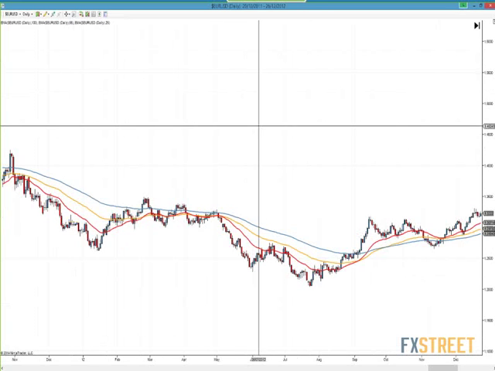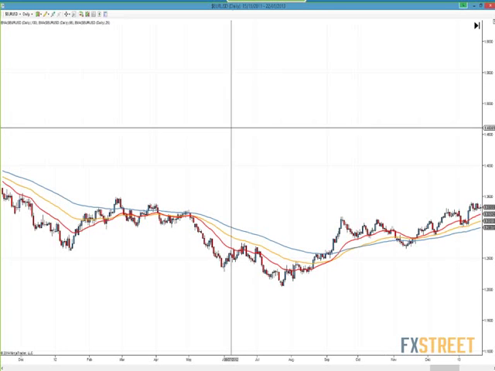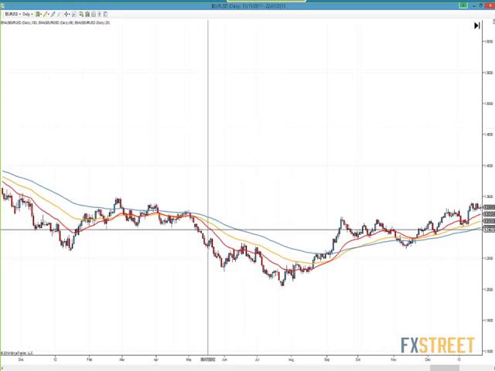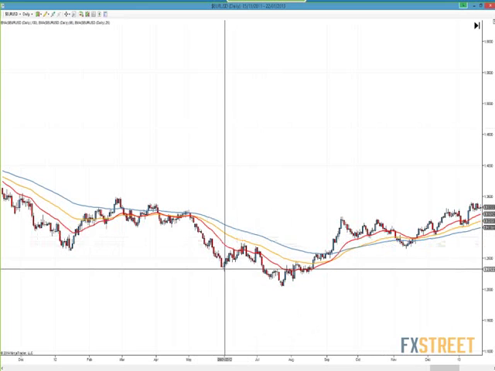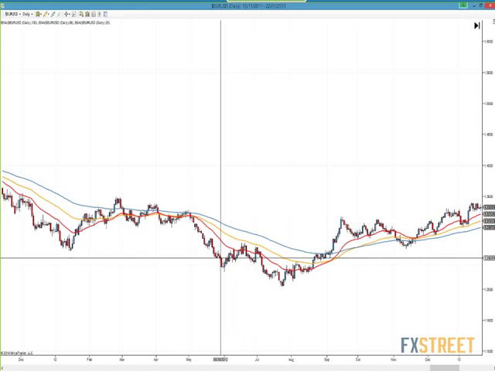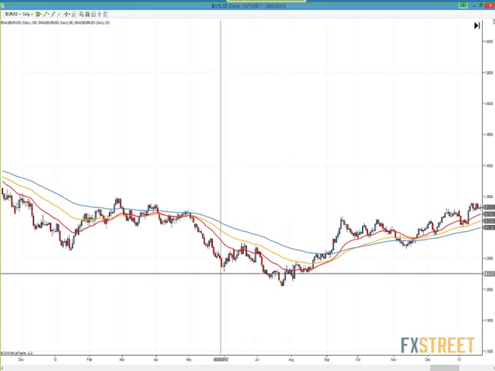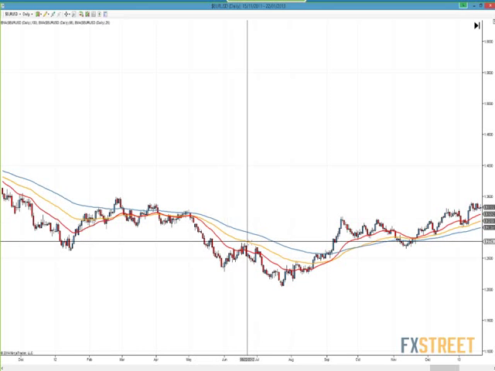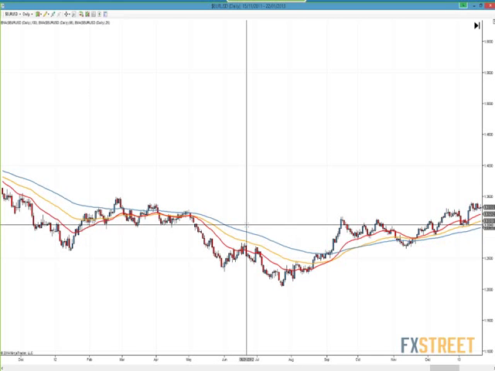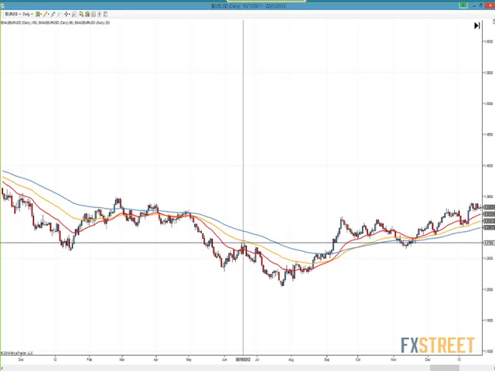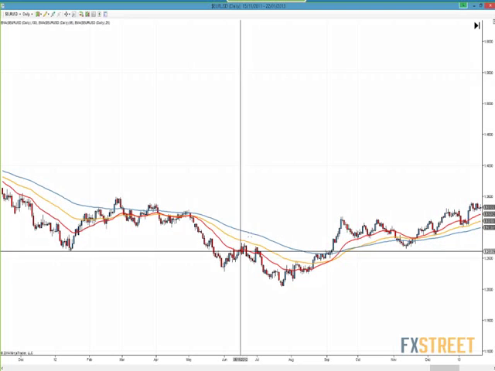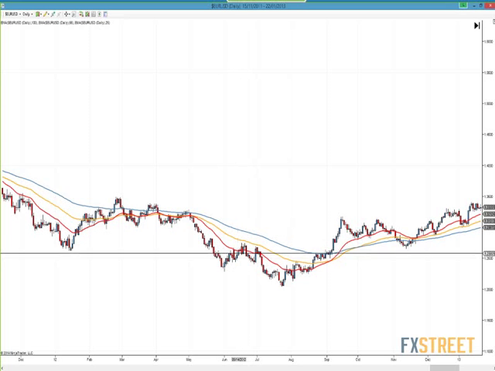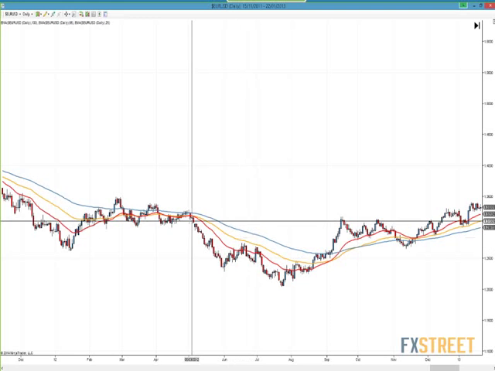So let's look at this one here, okay? This is a short opportunity. We've got the 25 below the 55 and the 55 below the 100. Once we get this alignment of the moving averages there, we're waiting for the price to pull back to a value area. Now we consider the value area somewhere in between the 25 and the 100. Generally, it tends to be somewhere nearer the 55 moving average, but just within this area here, we consider this the value zone. We consider that this is where the markets have absorbed the previous move.